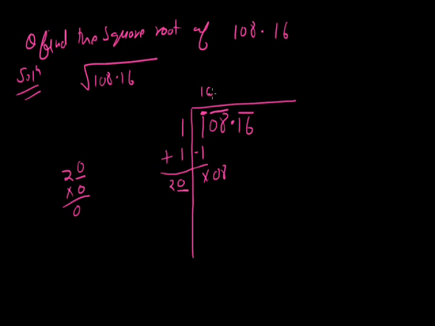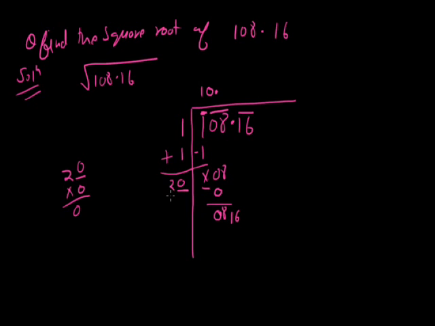Again I have to put 0 here. So I get 0. 20 into 0, that is 0. So there is nothing left. Sorry, 08 is remaining. Now I have to copy. So after 8 there is a decimal point, so I have to write decimal here. Now after the decimal there is a next period, that is 16. I have to copy 16.